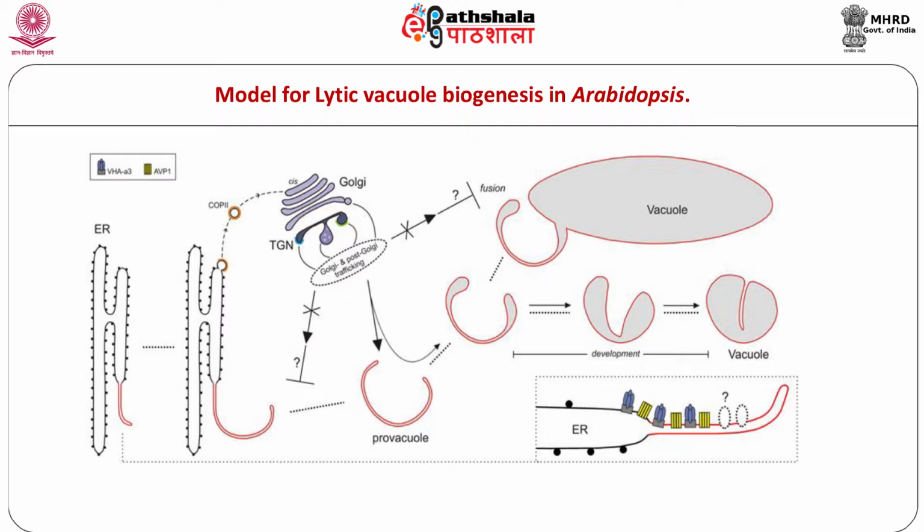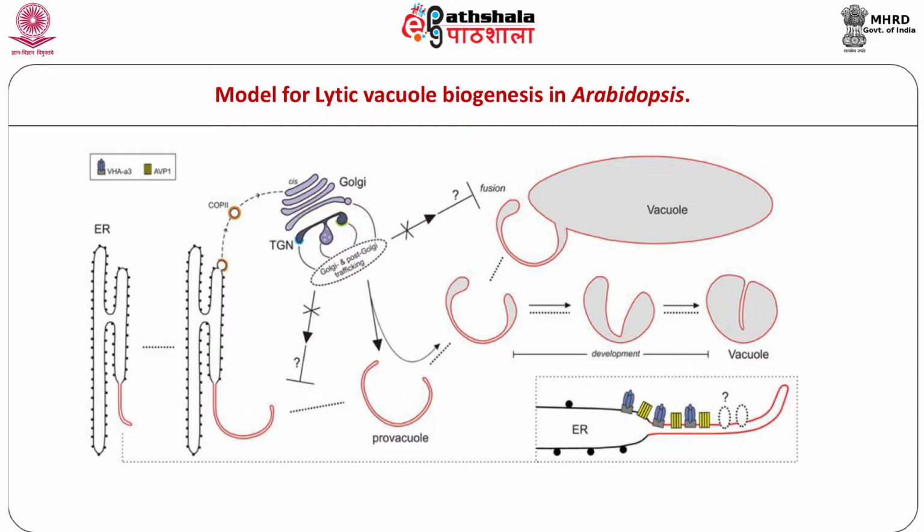Origin of vacuole is difficult to determine because many vesicular compartments in the cell are similar to precursors of vacuole called provacuoles. Most likely the trans-Golgi network, that is TGN, and smooth endoplasmic reticulum, that is SER, produce provacuole that develop into mature vacuole. Techniques used to study the biogenesis are mainly TEM